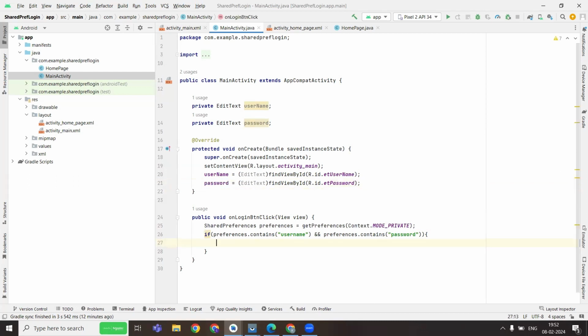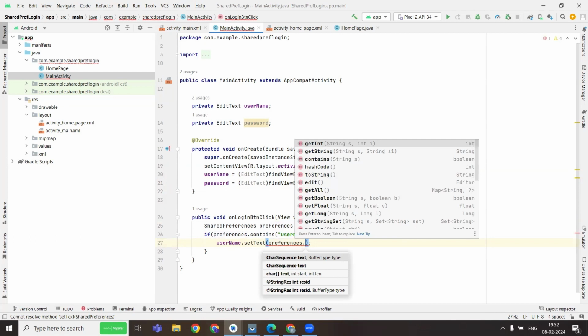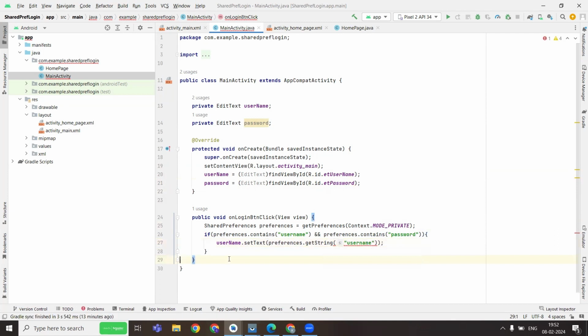We can just say like this, and directly add like this. Username.setText of preferences dot, so directly I'm adding everything. I want to search for the key username. If this username does not exist, then I'll not give anything; I'll keep it empty as of now. Then, since this is my real application, next I'll add password.setText of